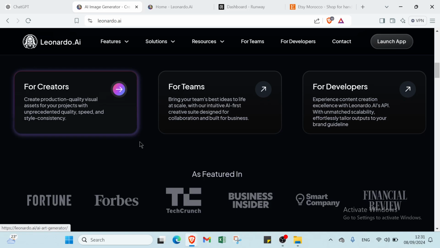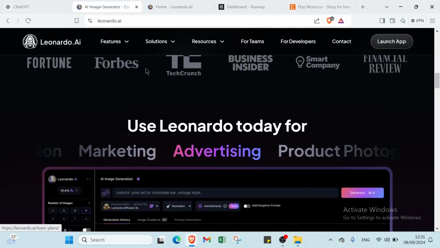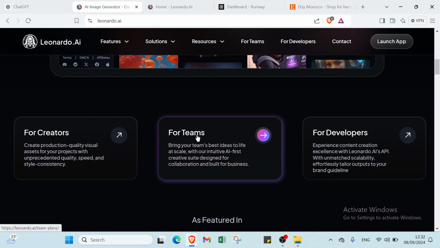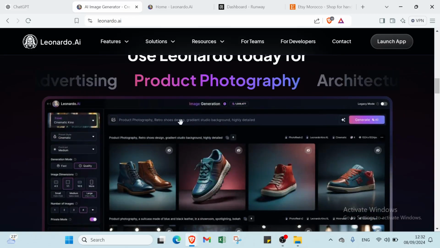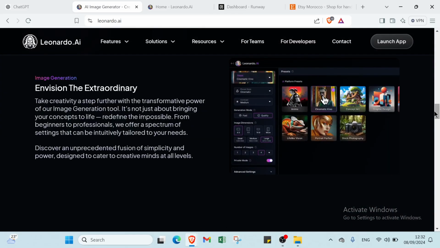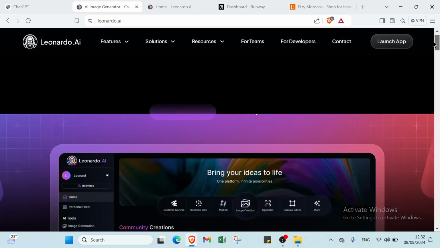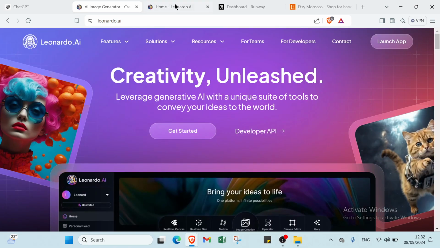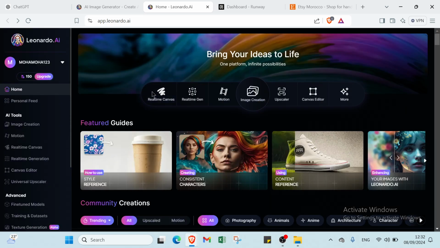And if we scroll down, we have other information about Leonardo. You have to learn and know it before starting with it. So we have here, for example, for creators, for teams, for developers, and if you scroll down, we have other information. So all I have to do is just scroll down and know more information about Leonardo.ai. So if we get started and write the email and password, this is the homepage of Leonardo.ai. As you can see, all you have to do right now is just click on image creation